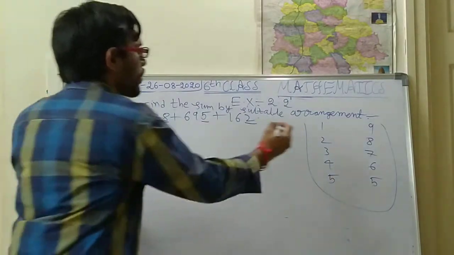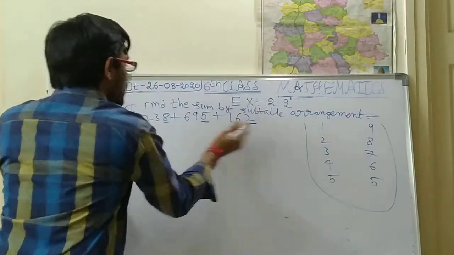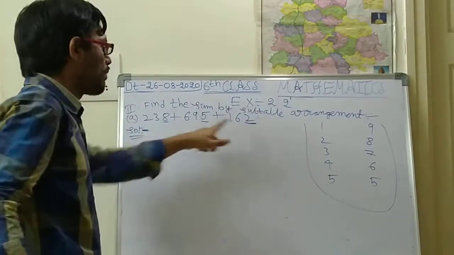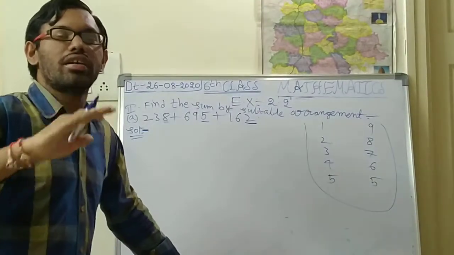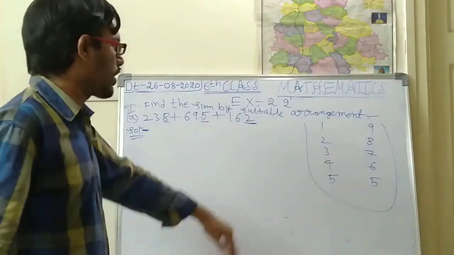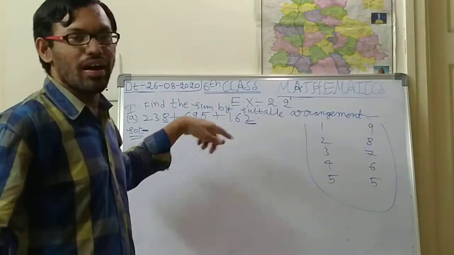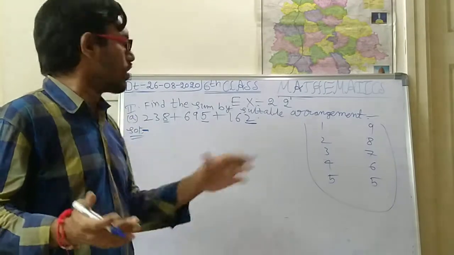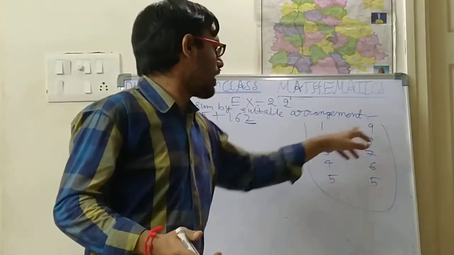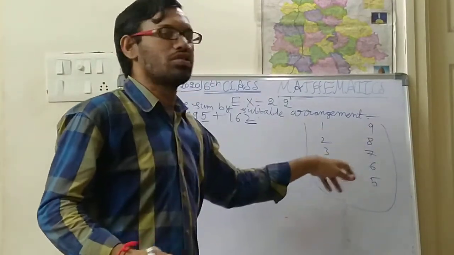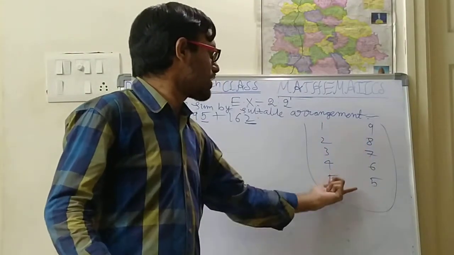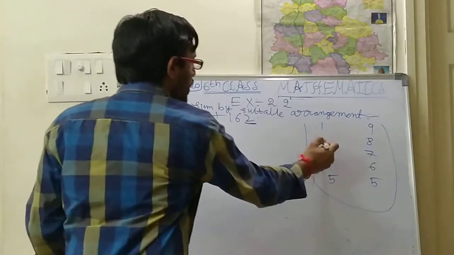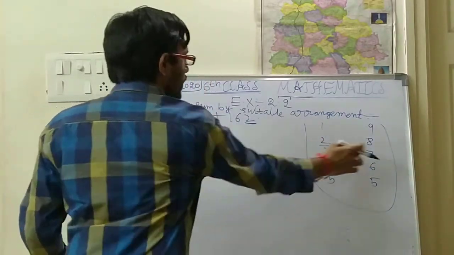Suppose you have 8 and 2, then what is 8 plus 2? 8 plus 2 is 10. You will get the answer in tens or hundreds or thousands like that, so that you can add or multiply very easily. Like this you have to check: 1 9, 2 8, 3 7, 4 6, 5 5. For additions you should check like this. So which two numbers have this type of digits?